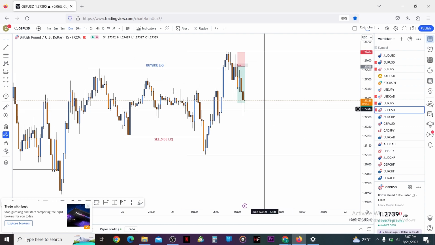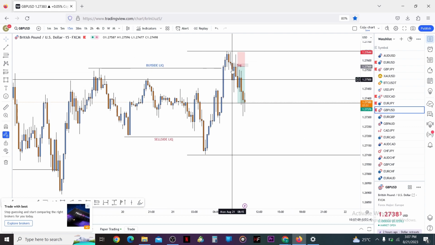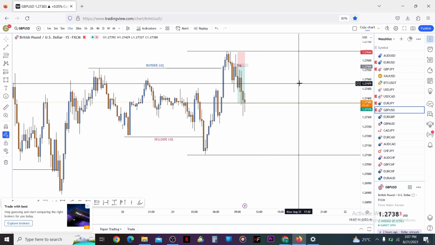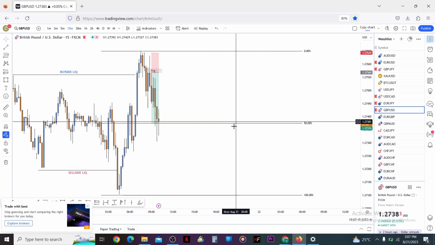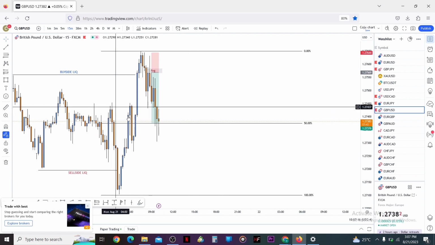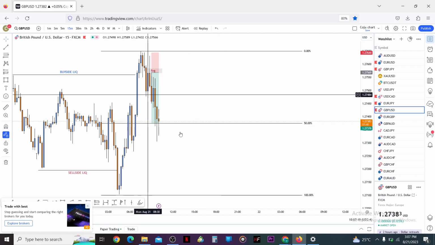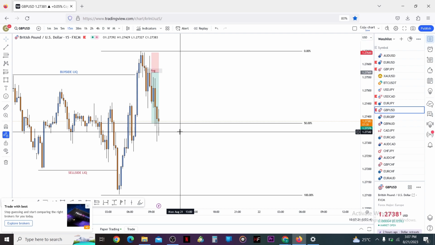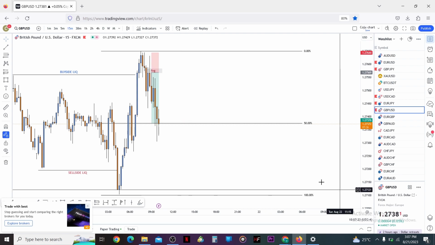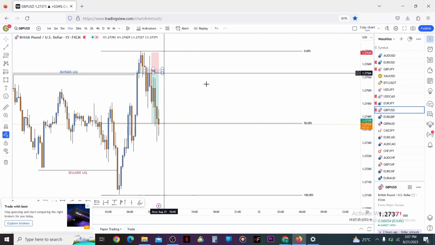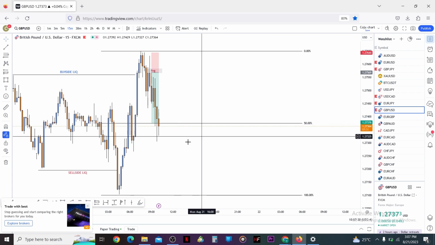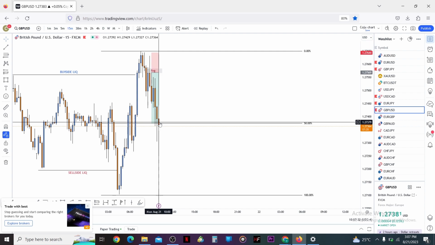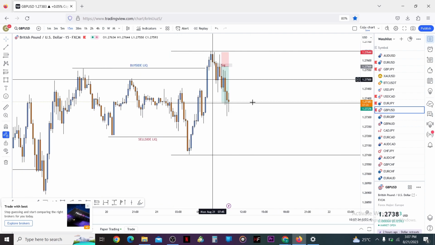Then we'll go down to the lower time frame. You can see the Fibonacci, which is from 0 to the 100. Our target is the 50% of this dealing range. Why? Because if you look at market structure, there's always a retracement, and our plan is always targeting the retracement of a price leg,